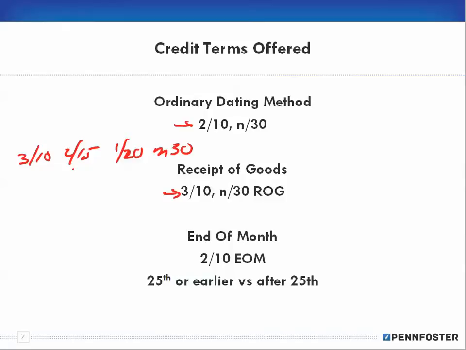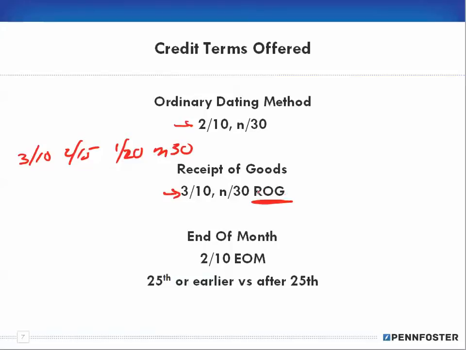Think about a contractor. If he's working on a house, he might need $3,000 worth of materials, and he might not have it in his pocket, but he can go out and use the credit, get the materials, do the job, get paid, and then pay me back. It ends up being a win-win for everybody. But again, as the seller, because I'm extending the credit, I can dictate the terms. And the receipt of goods, designated by ROG, means that it's 3% 10 from the